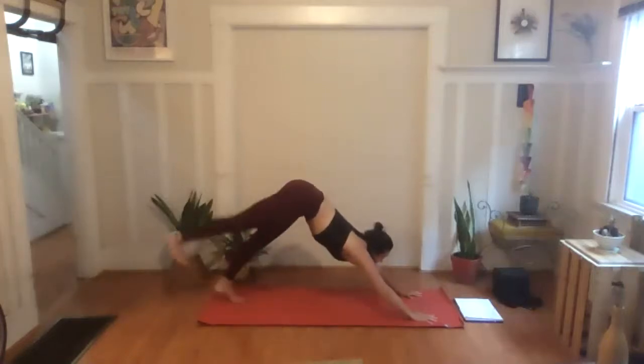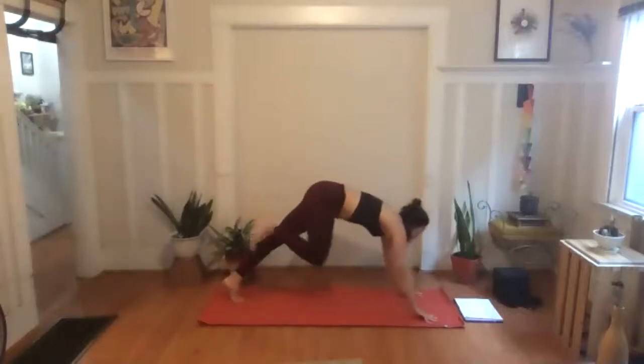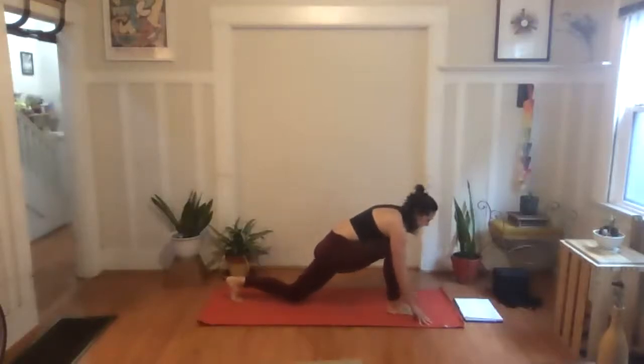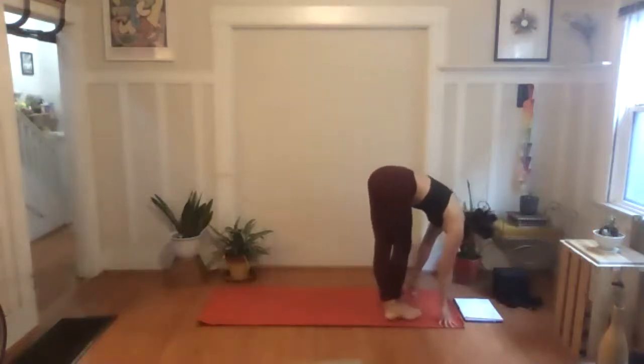From down dog, right leg lifts. Step the right foot between the hands, runner's lunge. So hands stay down, you can tent the fingertips. Inhale here. And then step the left foot all the way behind the right, lining up the toes, the heels. Forward fold